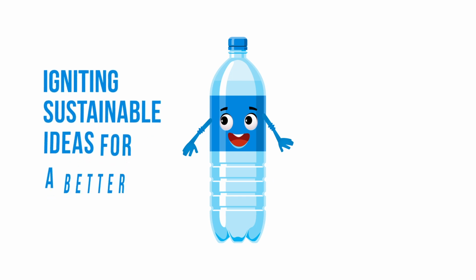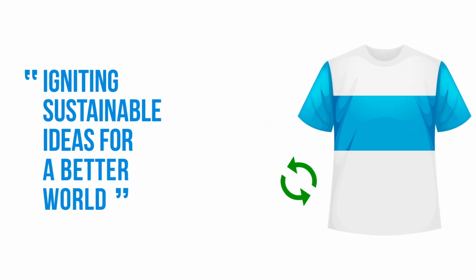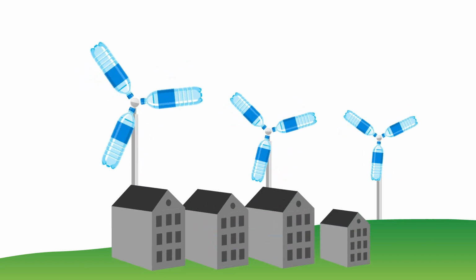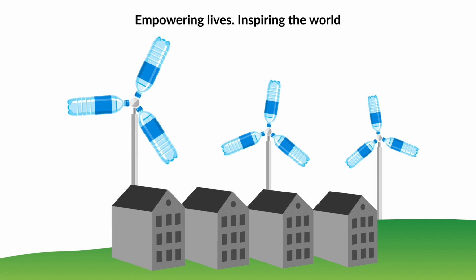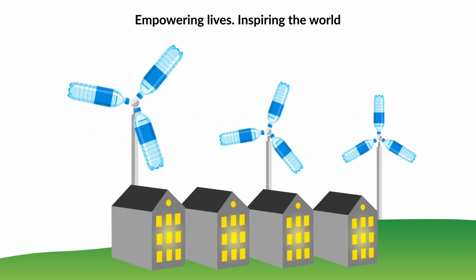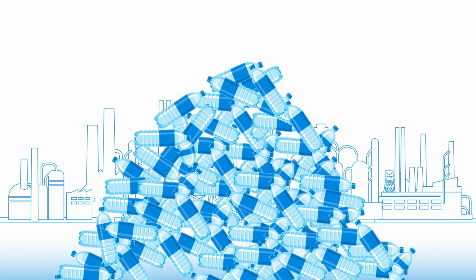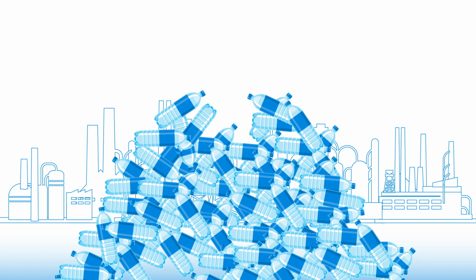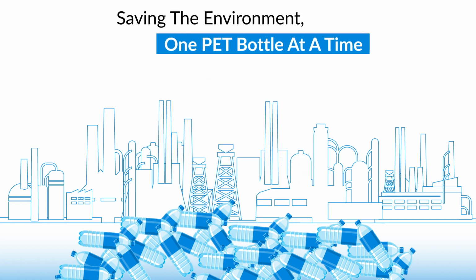As of today, Sulochana recycles a whopping 7 million PET bottles per day. That is, over 2.5 billion bottles are transformed in a year. About 1 ton of recycled plastic saves 5,774 kilowatt hours of energy, which is sufficient to light up one entire village for more than 3 days. And our 130 tons of production capacity per day is only growing and saving the environment one PET bottle at